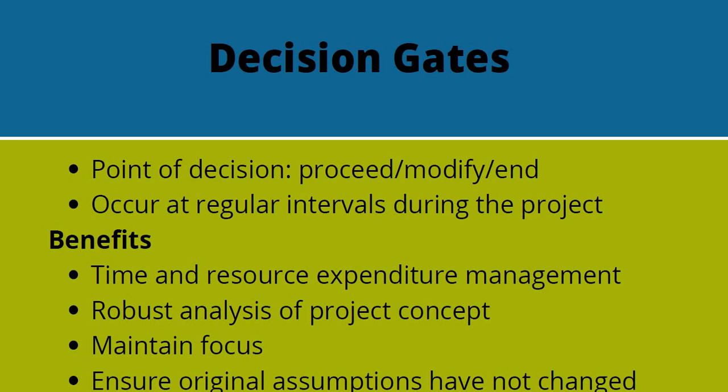And finally, decision gates provide the project management team with the opportunity to step back and re-evaluate the original assumptions, make sure they're still valid and that they haven't changed, so that the project is still a valid concept. If there have been changes in the assumptions or something that the project management team has seen leads the team to believe that the assumptions were inaccurate, then that would call for possible changes in the project plan. This concludes the lecture on project